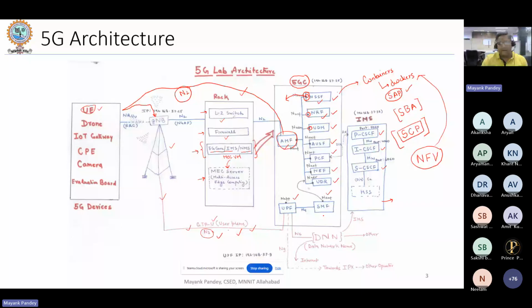So majorly two things. Mobility function management is by AMF and session management by SMF. These two functions handle mobility management and session management. Now, in